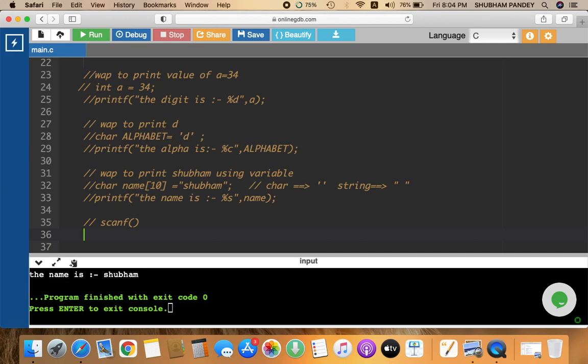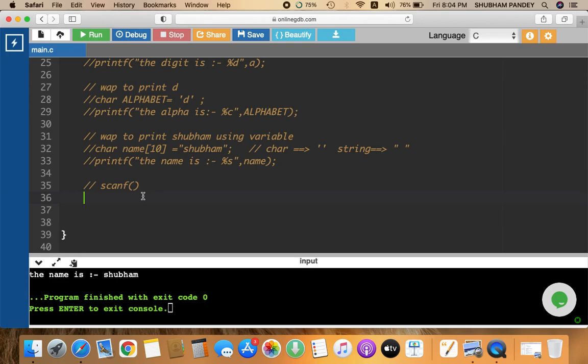So what basically scanf is: earlier in this section, if I had to write a program to print the value of a equal to 34, you would declare an integer variable and provide the value in a with the declaration. But now you want the user to give the value to this a, and you want to print that a again.